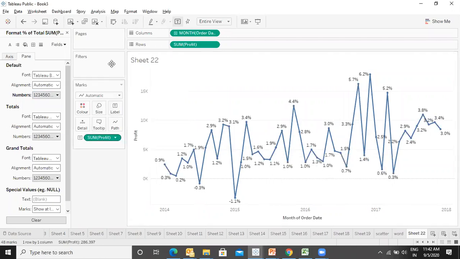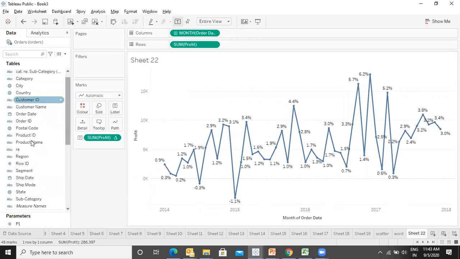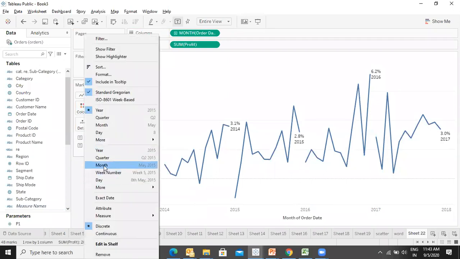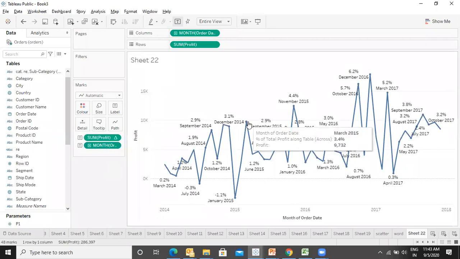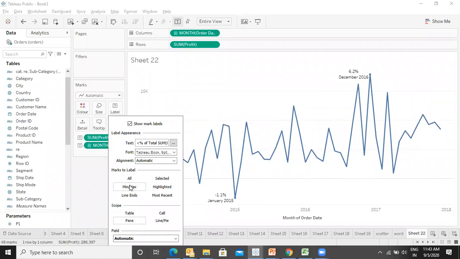Now, let me also put the year in this, the month. So where is the order date? Let me put it in the label. Now, as soon as I put the order date, it is appearing as broken. So I have to make it continuous over here also, month. So I will go to the label and I will say minimum and maximum.